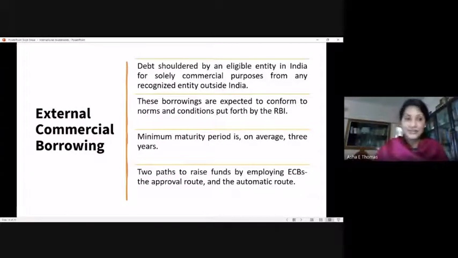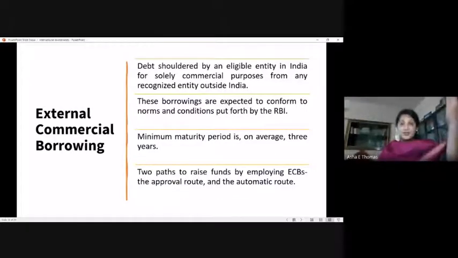Then there is external commercial borrowing, which is very common. It comes under the category of debt. It will appear as debt in your capital structure when it is from a foreign country. There is something called exchange rate, because the loan will be given to you in foreign currency, which you need to convert to domestic currency. And at the time of repayment, you have to pay the interest and the principal in the currency in which it was given, that is, the currency of the foreign country.